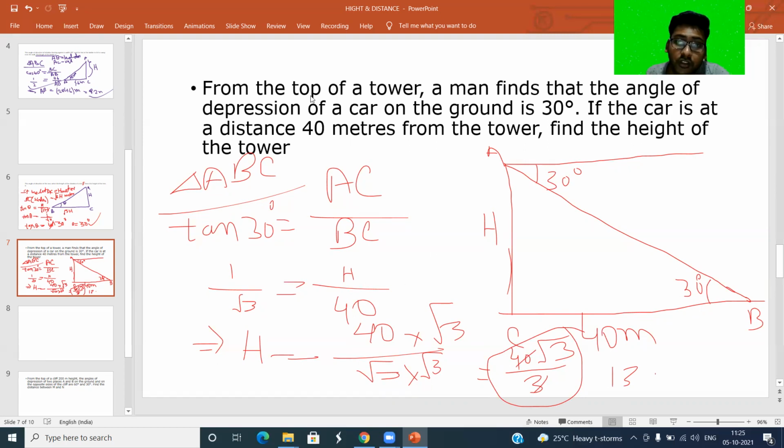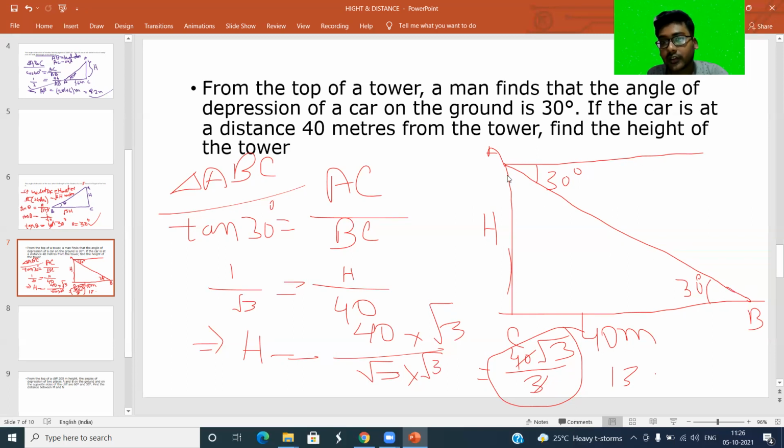Repeat. From the top of a tower, a man finds the angle of depression of a car. The car is the object, and the man is the observer. The observer looks at this,